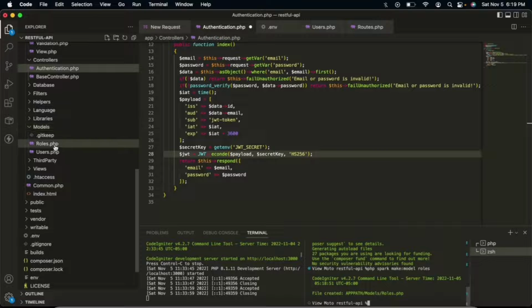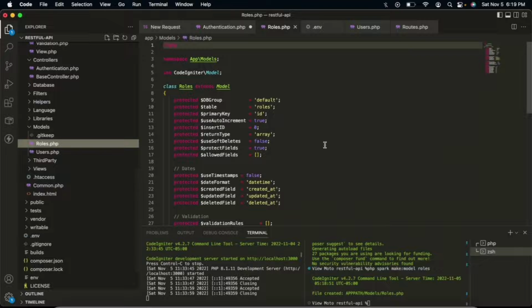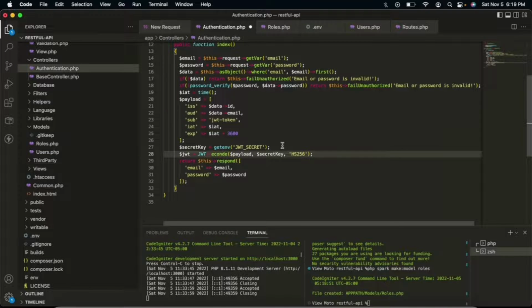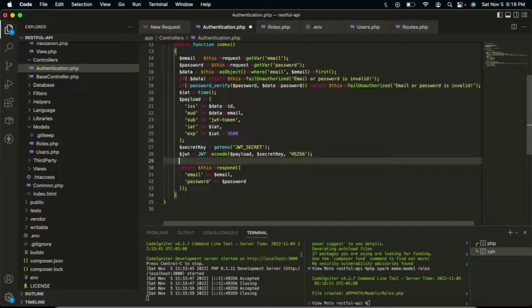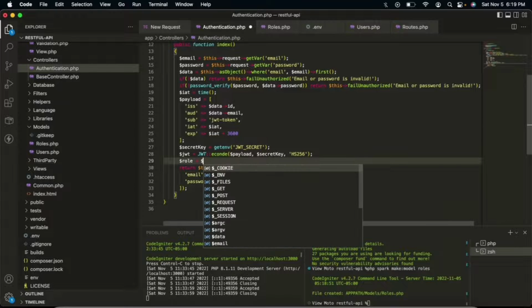As you can see, this Rules.php is our rules model. So let's go back to authentication controller, and then let's make a variable here, $rule equal to